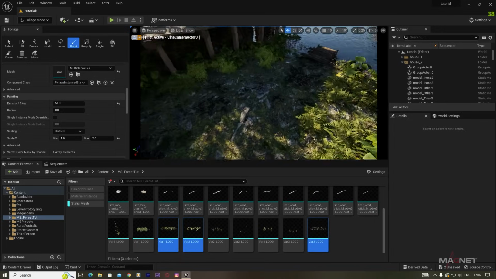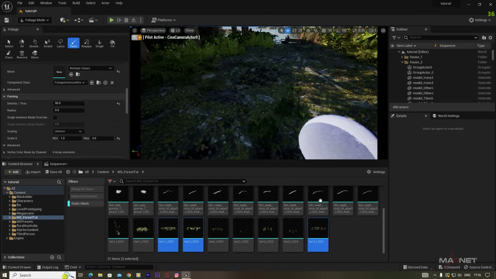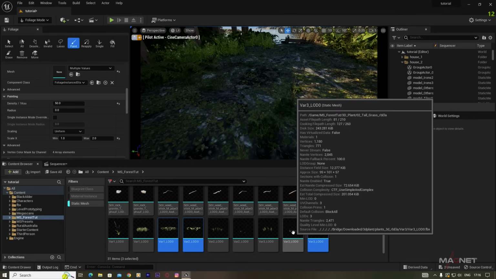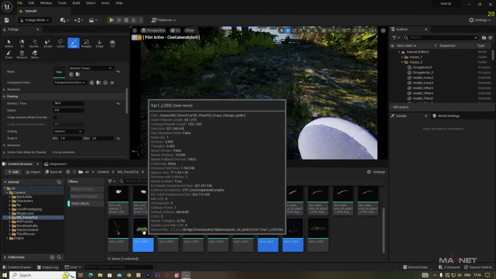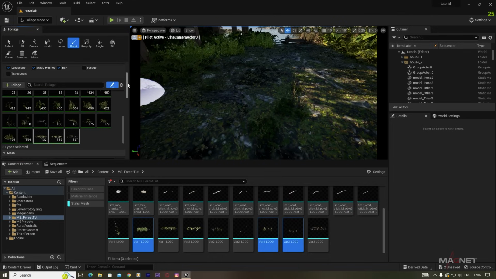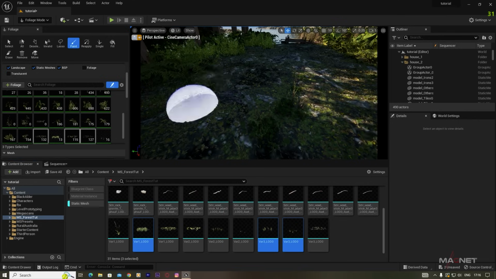Okay, and then also we put other assets. So first we're going to put those grasses over here. So we select those grasses, and then we go here and deselect those and put those here. Okay, and now if we're going to paint,